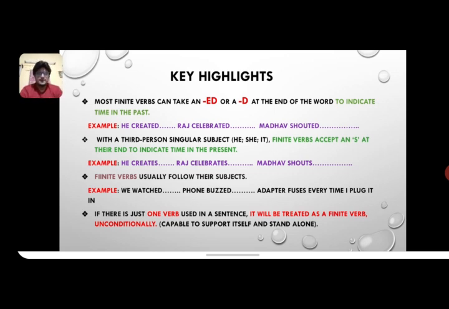So he created, then somebody else celebrated his birthday, her birthday, or celebrated some anniversary or something else. It can be any situation at all. Madhav shouted. Now here, if you see shout, you either shout out to someone, or you shout at someone. So here I'm using shout out, preposition, that is out. Shout at, again at is a preposition. So once we deal with what types of verbs we have to study about, we will definitely be able to comprehend the fact that which preposition adjusts or agrees with which